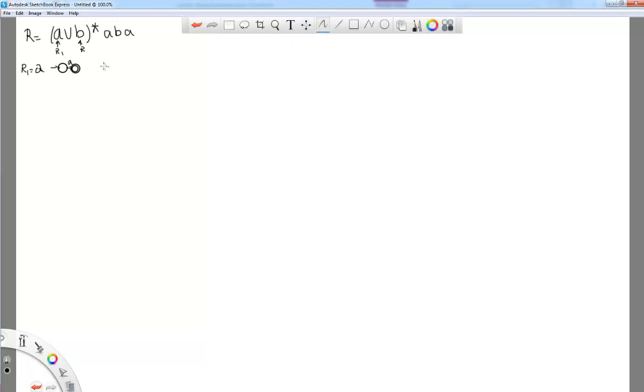And with the same token, then R sub B is going to be a two-state automaton. So R sub 1, actually let's call this R sub 2 because I call this R sub 2. You know, actually let's do them with the letters. So we'll say R sub A and R sub B. So this is R sub A, and so that's that, and then R sub B, that's that.